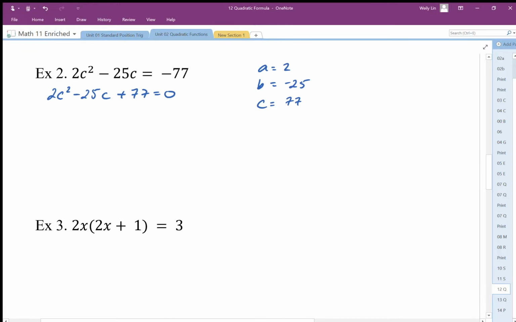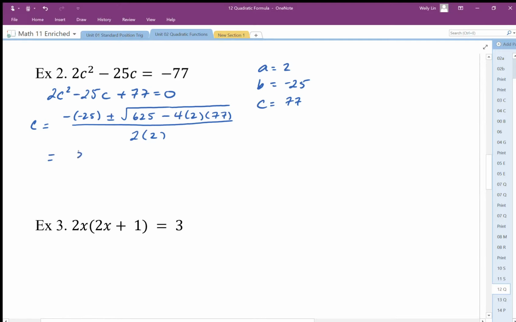Okay, so we're going to end up plugging into the formula. So c is equal to negative of negative 25, so positive 25, plus minus the square root of negative 25 squared, 625, minus 4 times a times c. Okay, and then we end up with over 2 times a, and a is equal to 2, and then we just work this out. So we end up with 25 plus minus the square root of